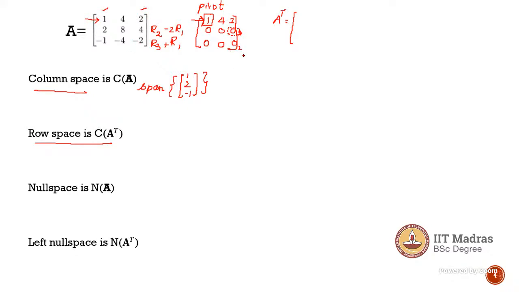But ma'am, if we interchange, we'll get the second column as the span, right? No, see, if you interchange here, the second element is still 0. Your third element alone has the non-zero values. Correct, ma'am. At that time, your third column is still the answer. Okay, fine. Thank you, ma'am.